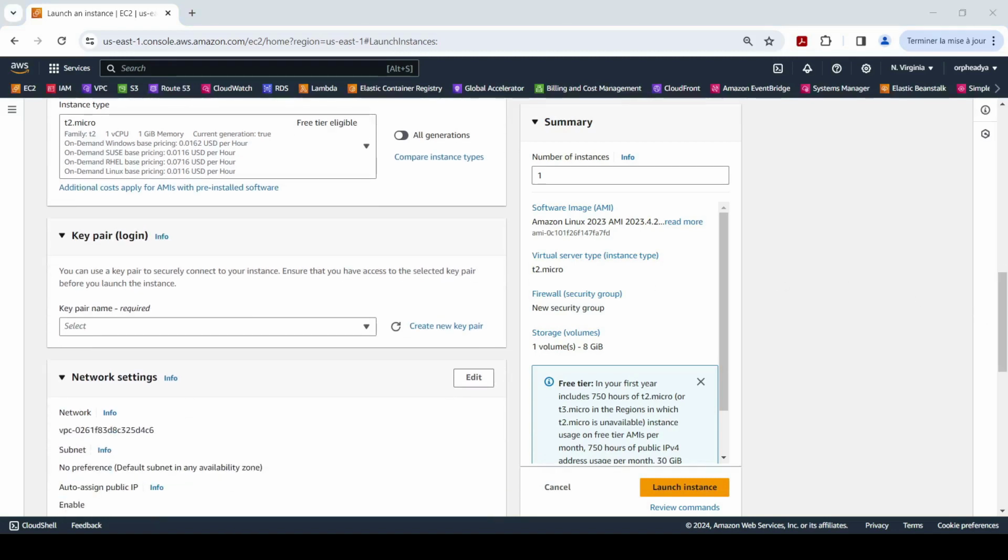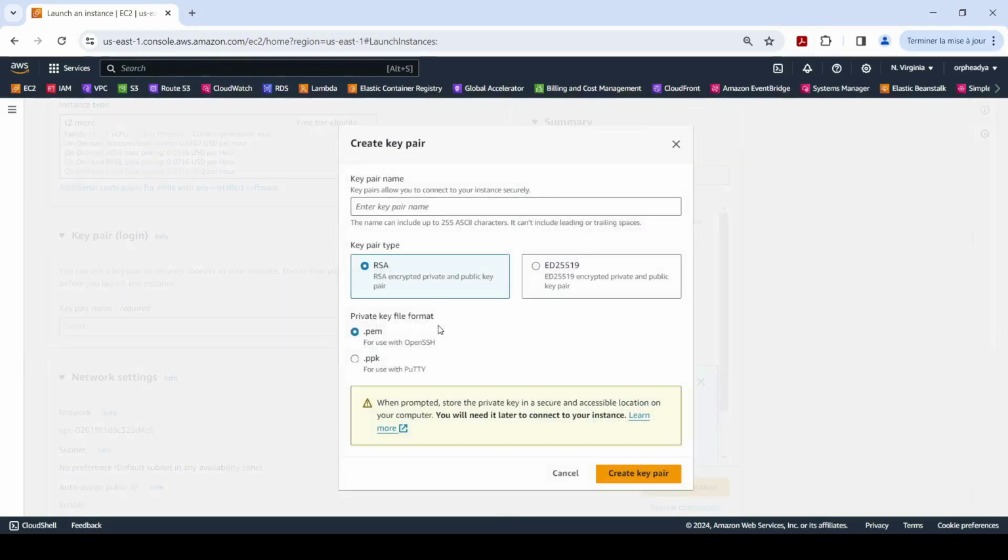The next step is to create a key pair to authenticate to the EC2 instance with SSH authentication. I click on Create key pair. Here, the first step is to enter a key pair name.